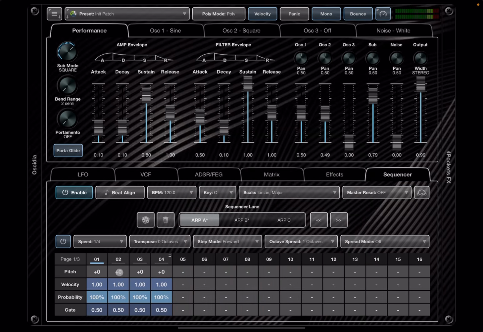And then you have 3 pages here. So you click here, this is the first page, which you can change for each step. Here, the pitch, the velocity, the probability, and the gate. Click on here, second page, you can change the cutoff, morph, repeat, and tie for the notes. And third page, which I find really interesting, you can change the mix for each of the oscillators, including the